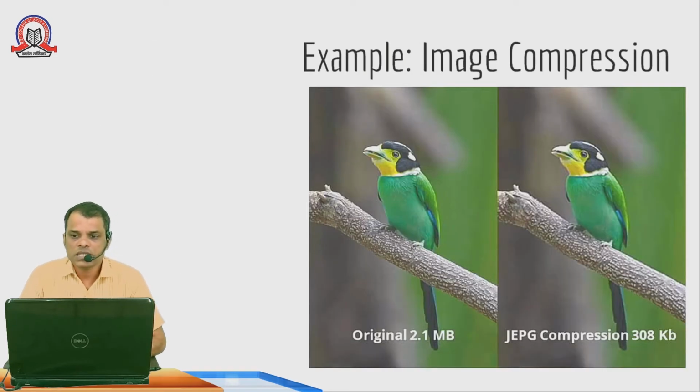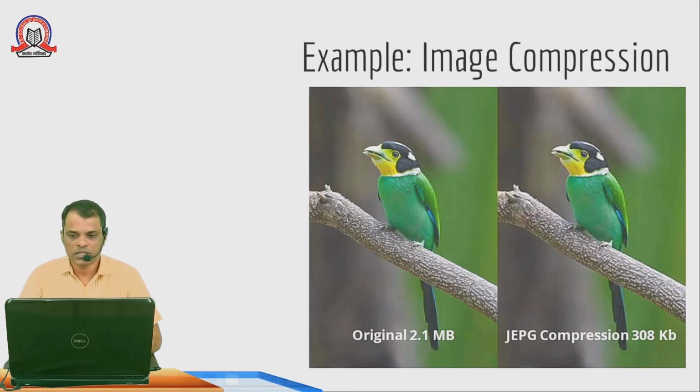Then image compression. Some of the images are of very high resolution, and so their sizes are bigger. If you want the same images to load faster, you can keep the quality the same. If you see both the images are similar, but one is with a higher resolution and one is with the lower resolution. In the higher resolution, the original image is 2.1 MB and the compressed image